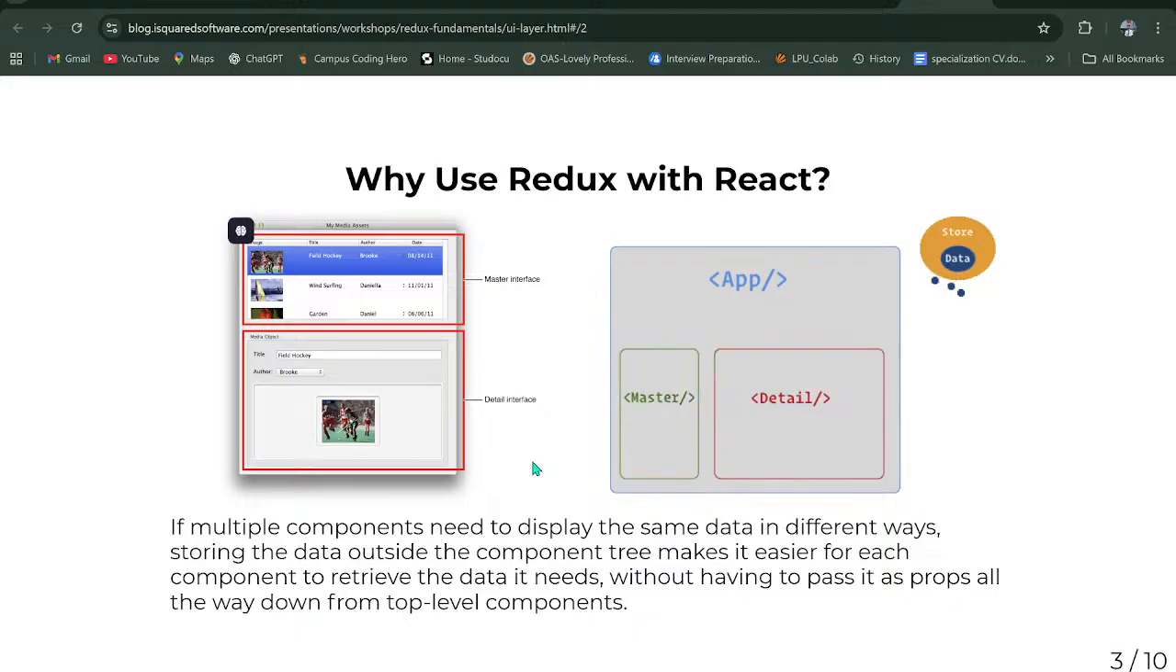So see, as the diagram given here, suppose here is our website layout. One tag is master and detail and apps. So what we are doing here is just creating one storage. We can say it is on the top level. So on the top level, we